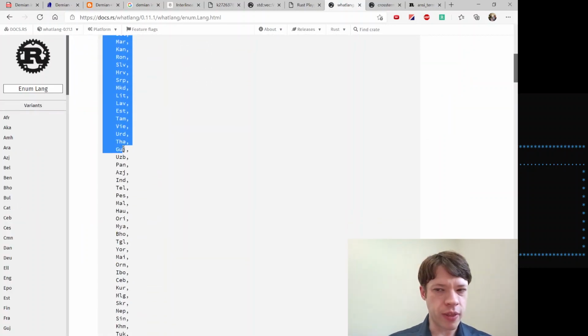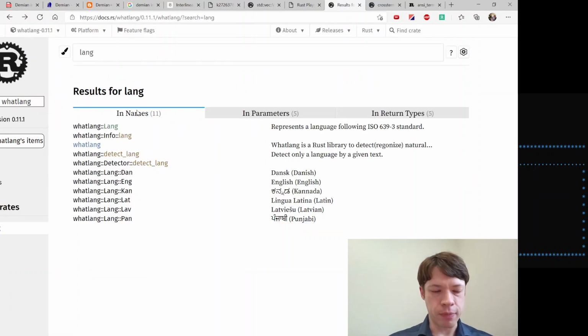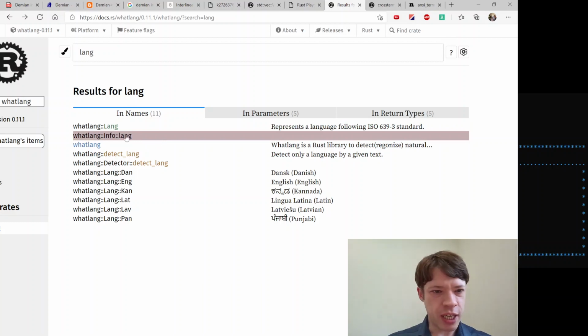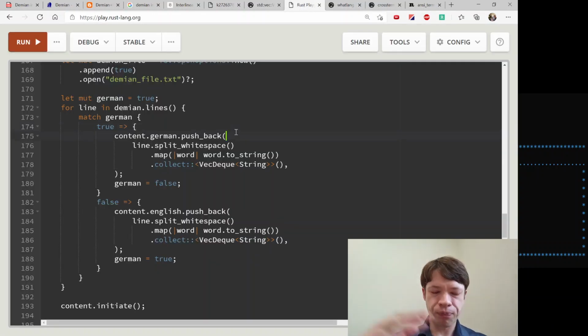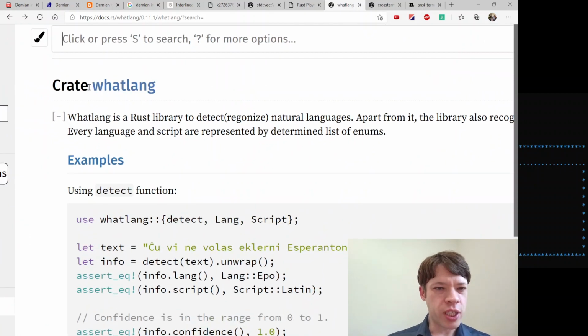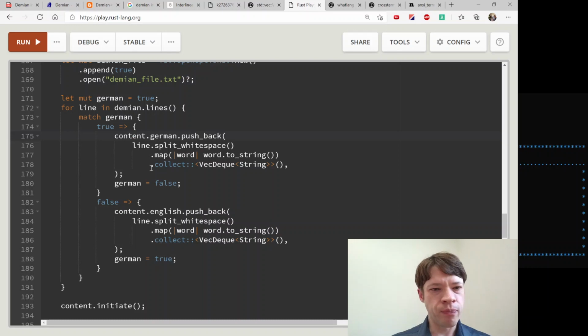It'll tell you what kind of language it thinks it is. So you can see there's a whole bunch of languages here, and it matches against this big database it has. And so it was pretty good. About 19 times out of 20 it was right. Sometimes it got it wrong, but it helped me look over and make sure that the German was actually German, and the English was actually English. And so after that I got rid of it, but just wanted to give it a quick shout out because it was useful to make sure.